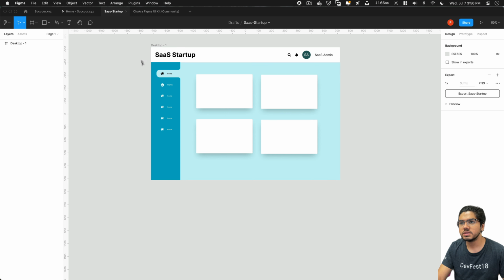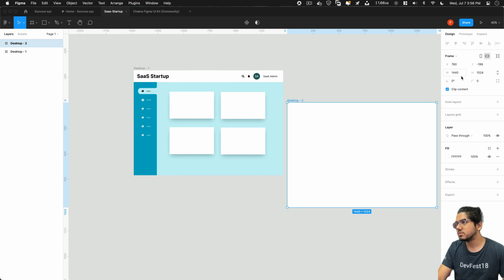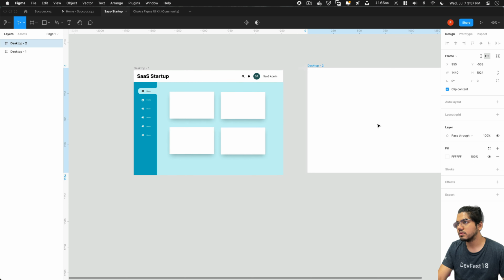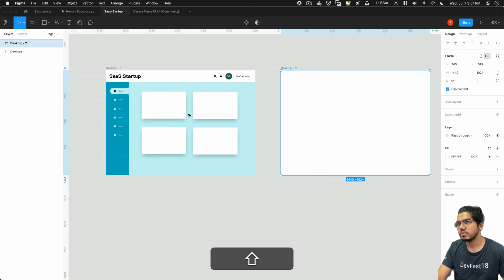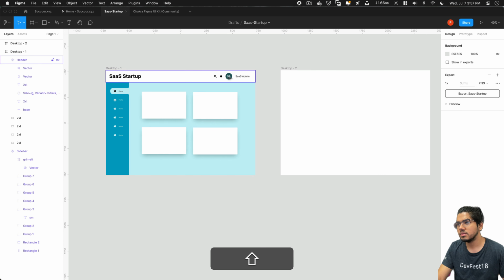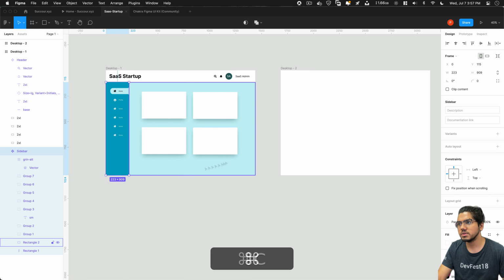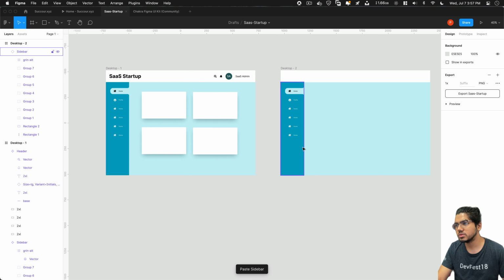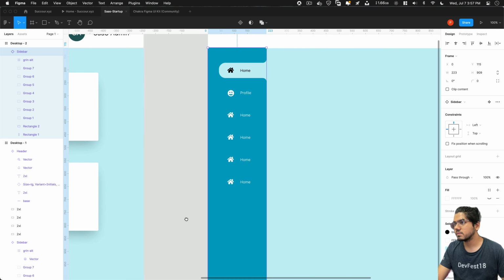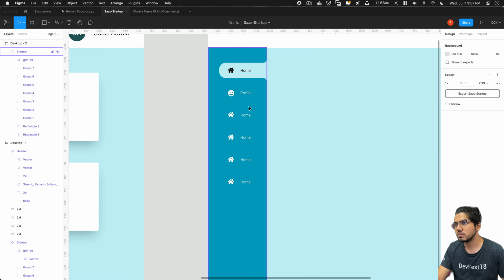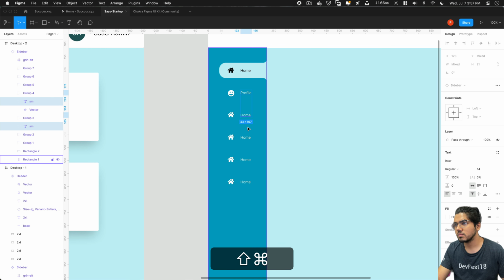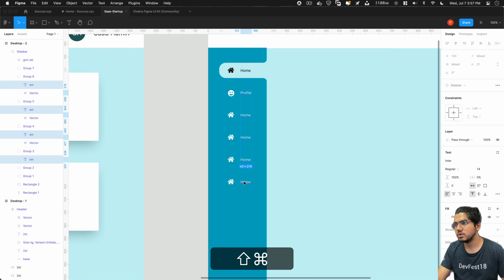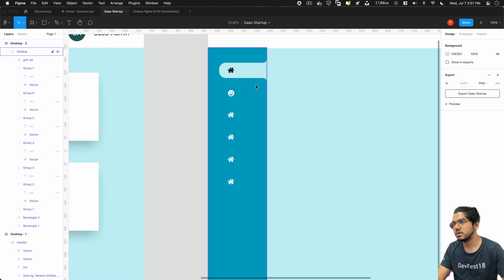For creating that animation of the navbar, what you're supposed to do is make another frame, or an artboard, or a frame. It should be similar. We'll keep it next to it also. Then we'll copy this. Okay, let's first copy this, which we are going to use the most. You don't need these, so we'll delete them.